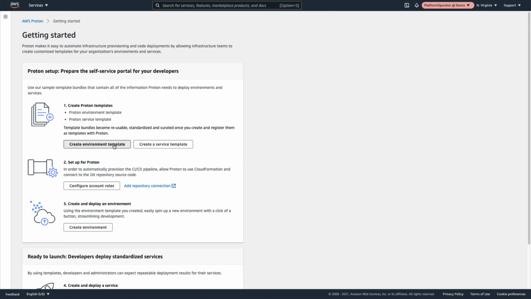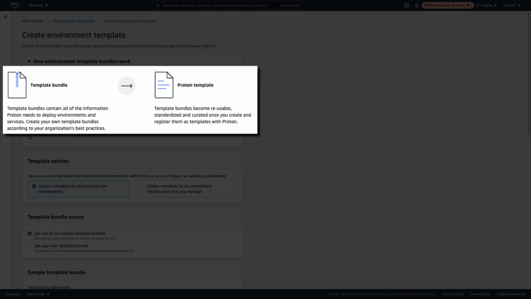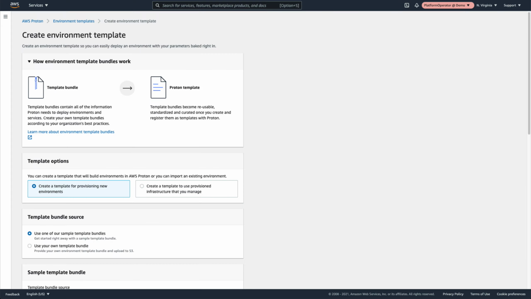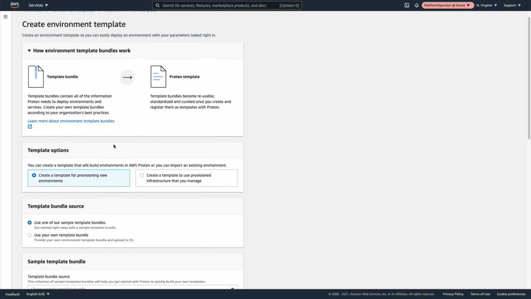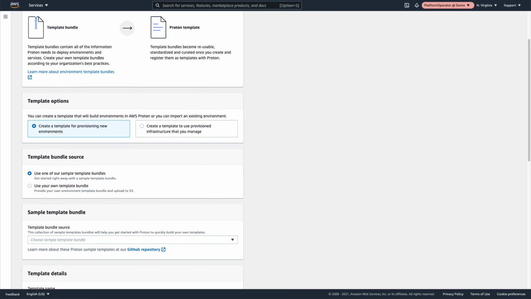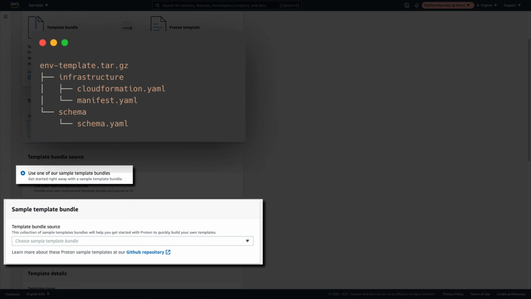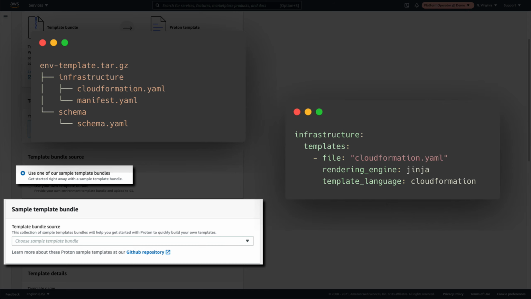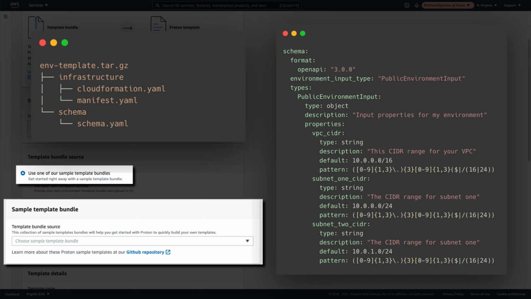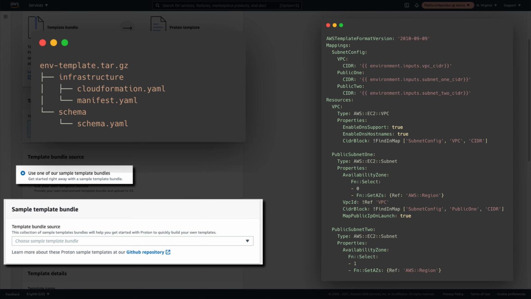A Proton environment template is a reusable bundle of configuration files that define the metadata and infrastructure resources needed to create a given environment. For this demo, we'll be creating a template to provision a new environment using one of the sample template bundles provided by the AWS Proton team. The sample template bundle consists of a manifest.yaml file, which lists the files used to define an environment's infrastructure, a schema.yaml file, which defines the input parameters used in the infrastructure templates, and a CloudFormation.yaml infrastructure file, which defines the